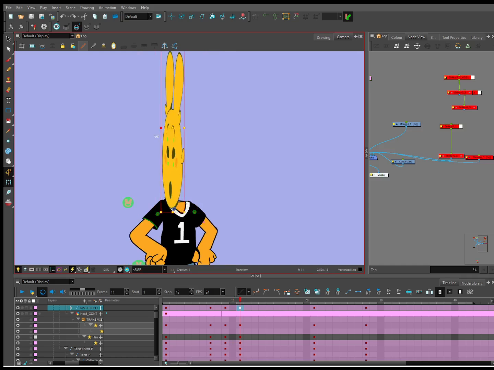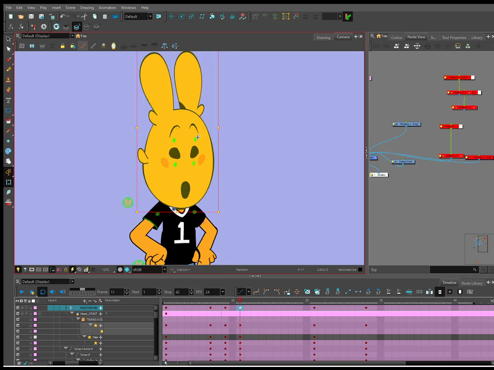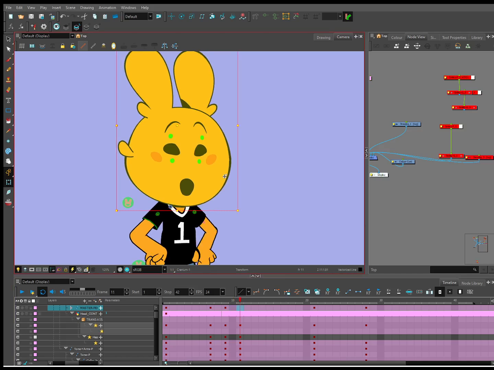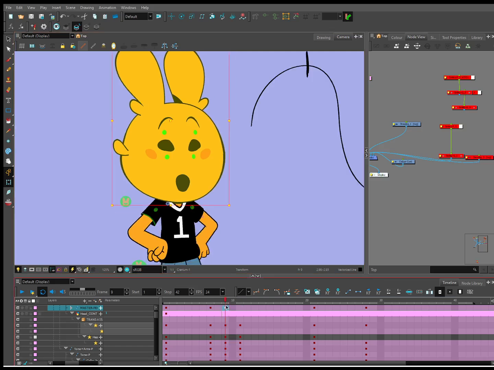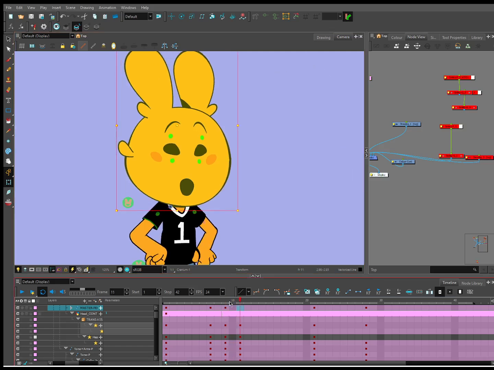I don't want to delete the whole head. If I delete the whole head, it looks like this, right? Because it is referencing the keyframe before. So if I delete the head, it's just the same head, right? Now I don't want to do that.